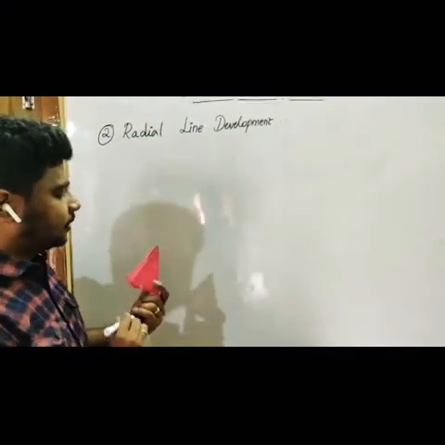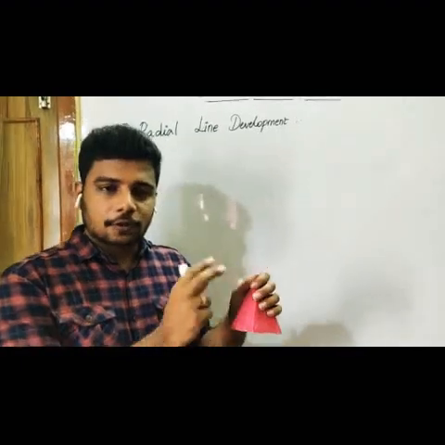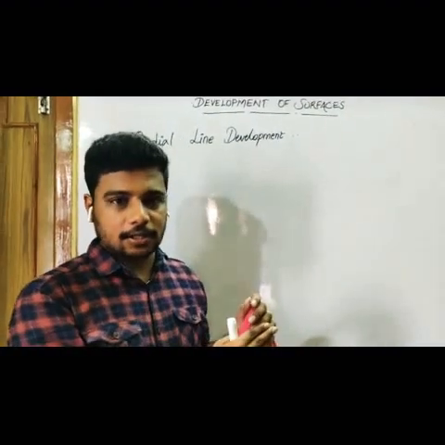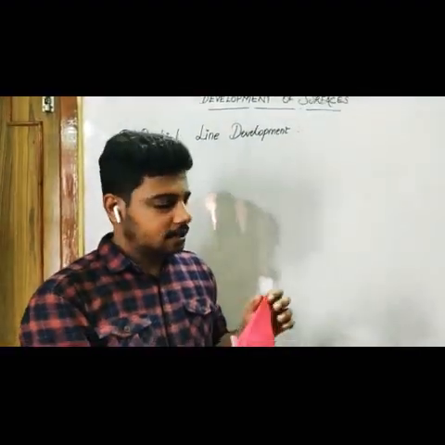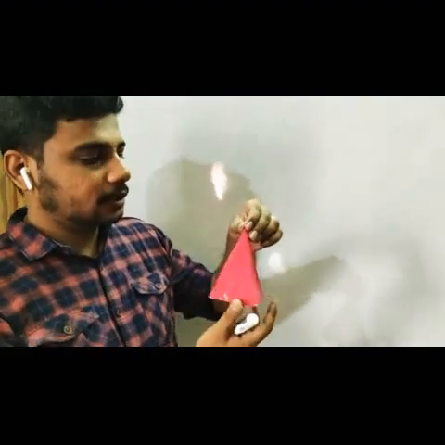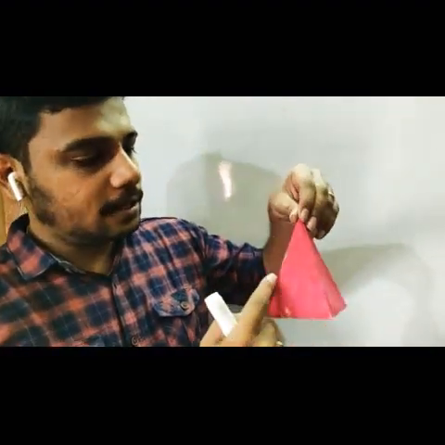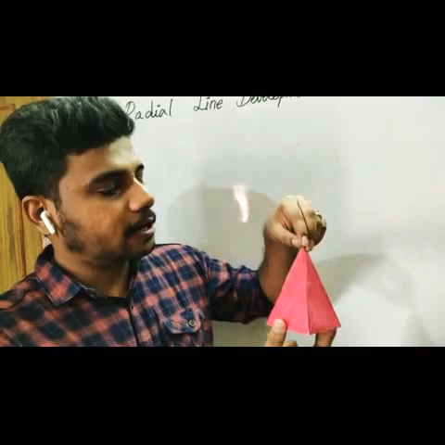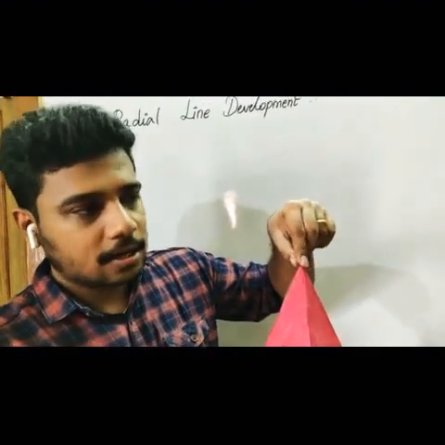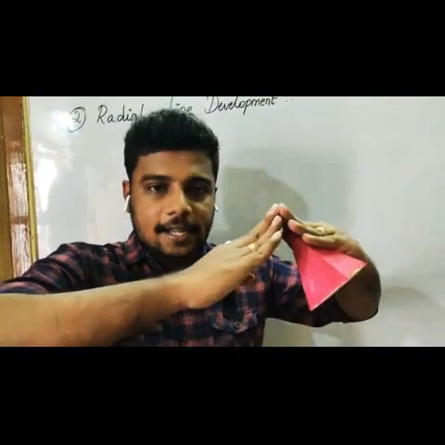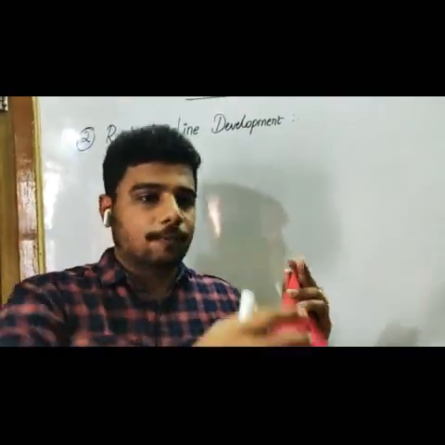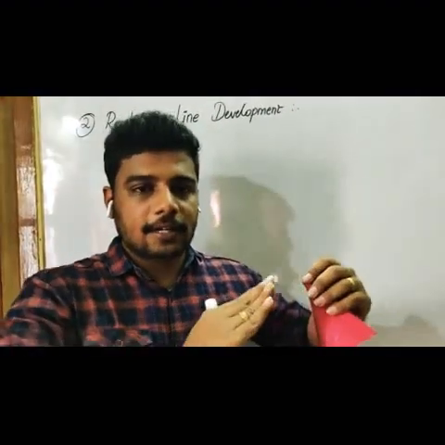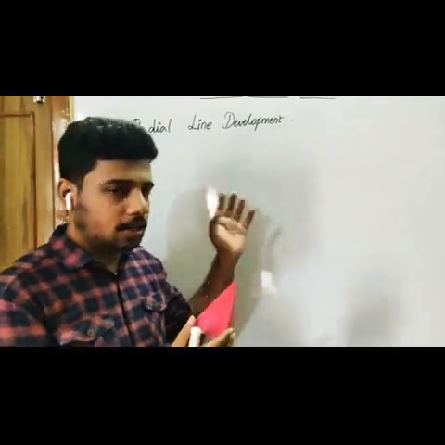In the previous one, parallel line development, we developed the lateral surfaces parallel to each other, and they are in the true length, right? The same way in radial line development, this point is called your apex and these are all called your lateral surfaces, right? So this is your bottom surface. This apex point should be your center point and I am going to develop radially by making this apex point a pivot point. So this apex point will act as a pivot point and the lateral surfaces should be developed radially. So how we are going to see it graphically now.